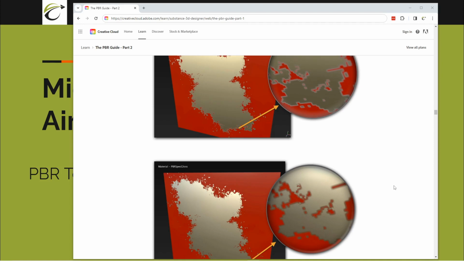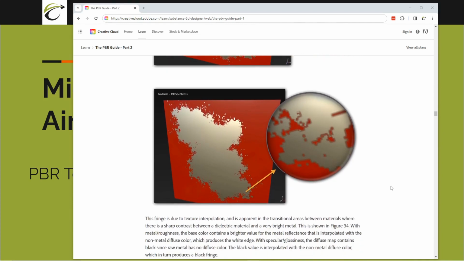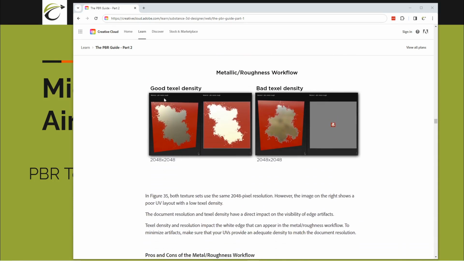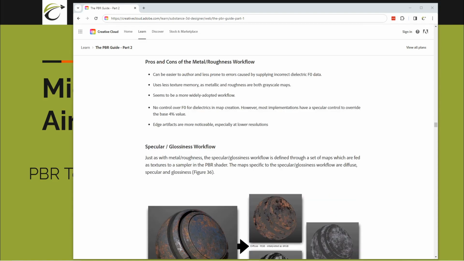So the texel density has an impact on the white edge, which also appears in the metal roughness workflow. To minimize the artifacts, make sure that the UVs provide adequate density to match the resolution. So good texel density is 1-to-1, rather than a very small UV map compared to a large area. To summarize, for the metal roughness workflow, the pros and cons: it can be easier to author and less prone